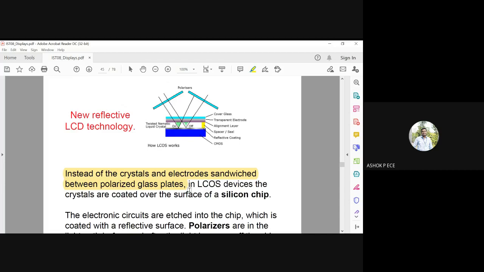But in LCOS design, on one side only you have glass and electrode. On the other side, we don't have glass and electrode. We are going to have what is called a CMOS substrate. So CMOS is taken and reflective coating is done. Above that, you are going to load your crystal. Above that, you will have electrode and glass. So they differ in the construction of LCOS.